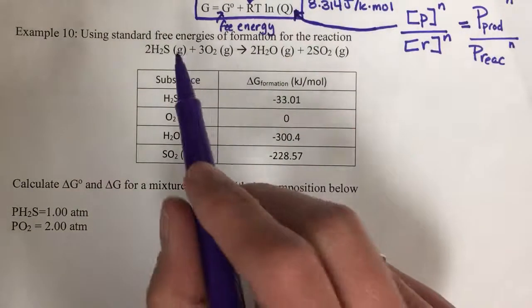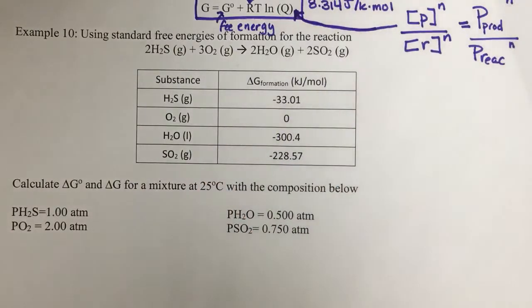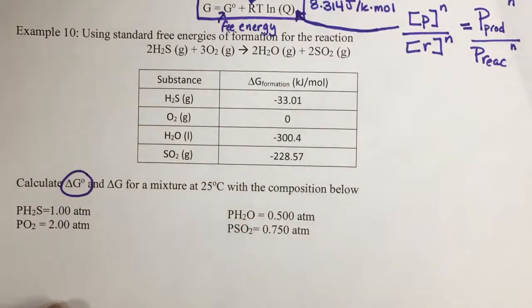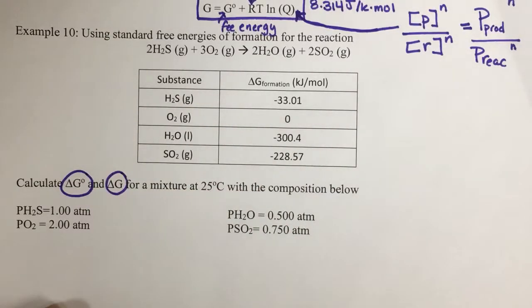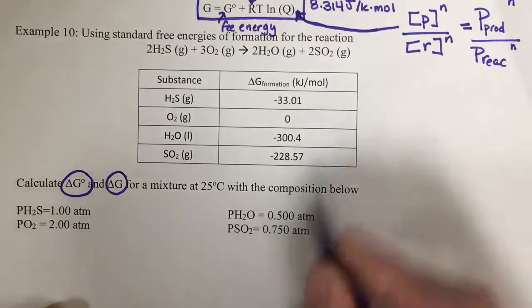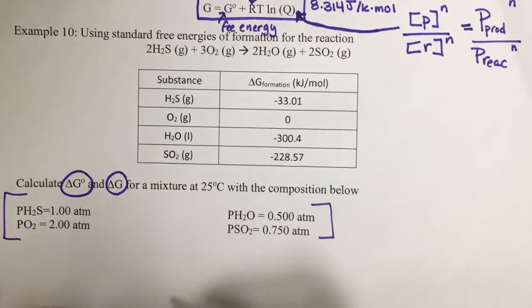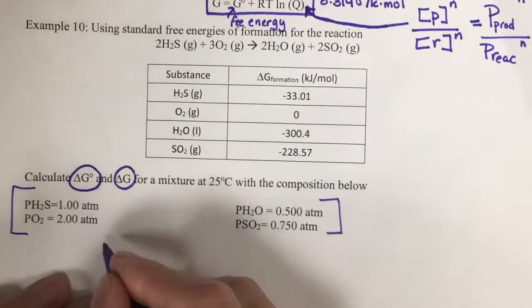I've got this reaction, H2S plus O2 forms H2O and SO2, and I have to do two things. I want to find out the delta G under standard conditions and the delta G if I'm not at standard conditions. What if I have weird pressures for all of these things? Okay, so I'm no longer at 1 atm. So delta G standard,